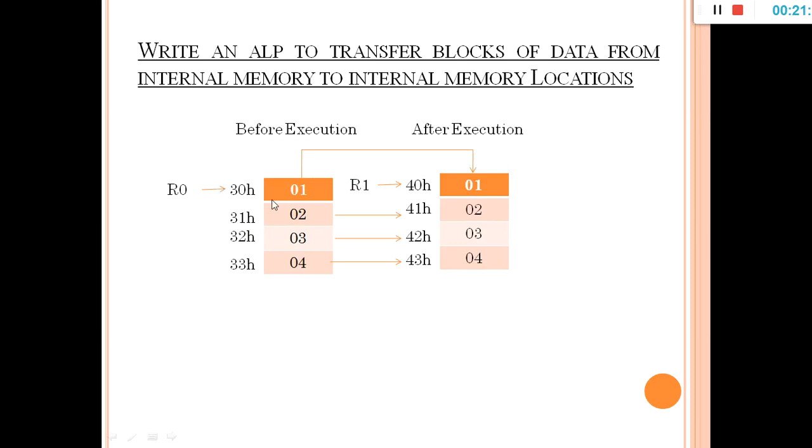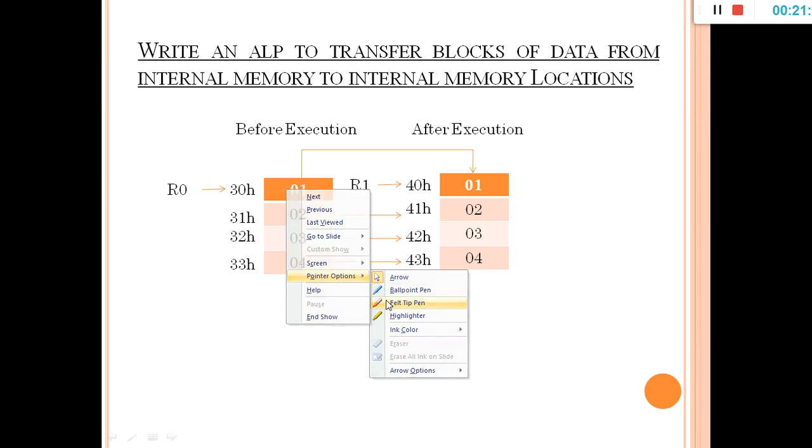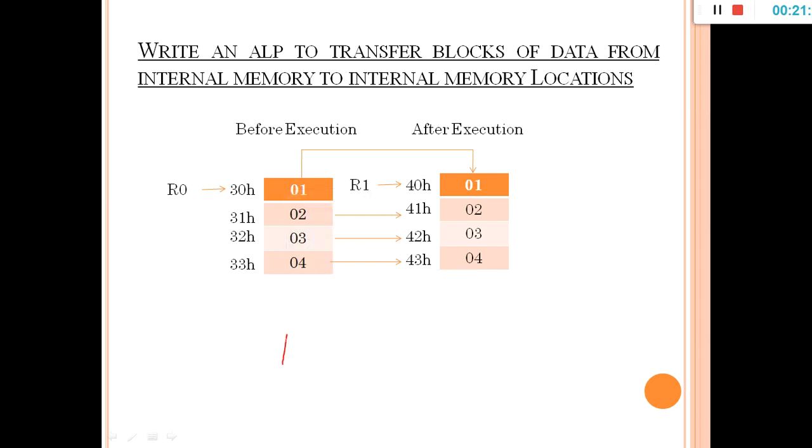Now what is the next instruction after writing these two instructions? Next instruction is MOV A, @R0. R0 is a pointer which is pointing to the 30h address location. The data inside is going to be moved to the accumulator, and from the accumulator to the location pointed by R1. So here I will show. It will move to the accumulator. It is going to fetch the data, the content of R0, to the accumulator. Now the accumulator is 01, then accumulator to the content of 40.